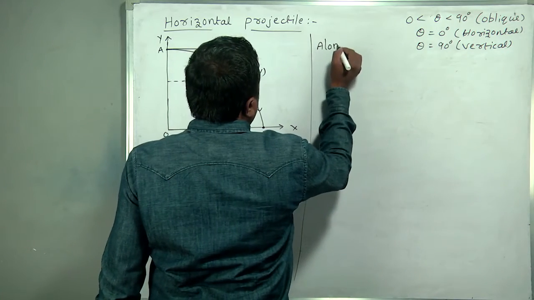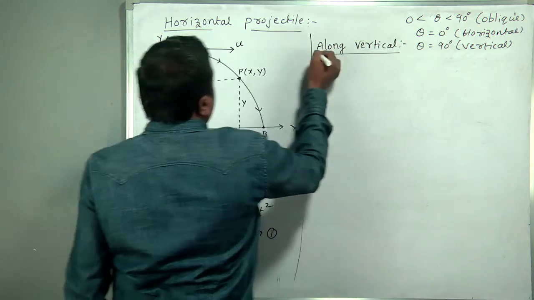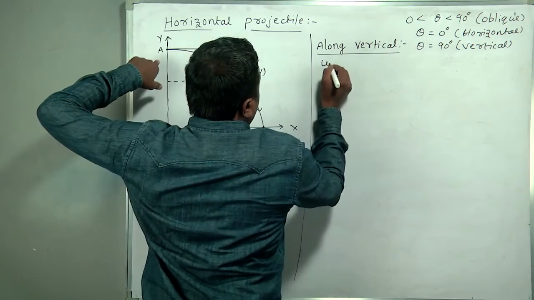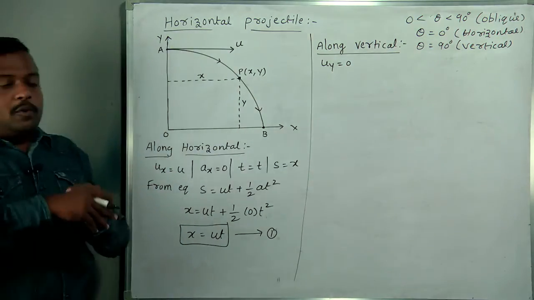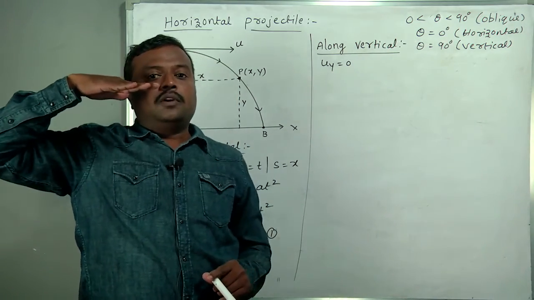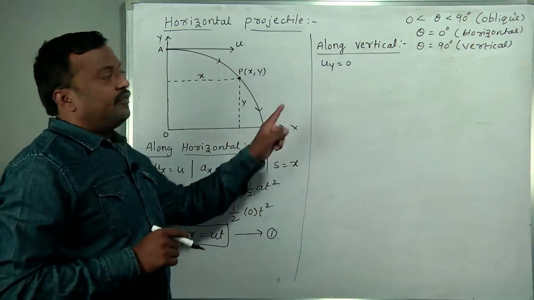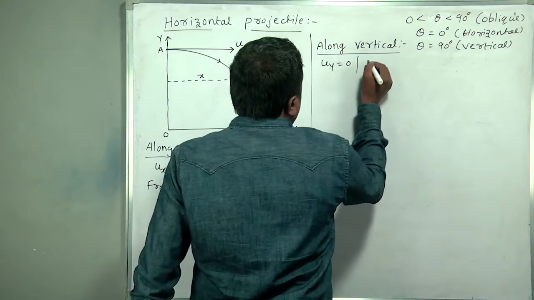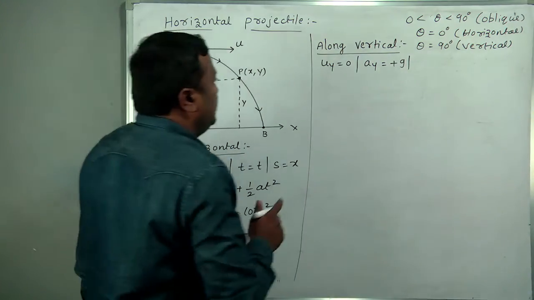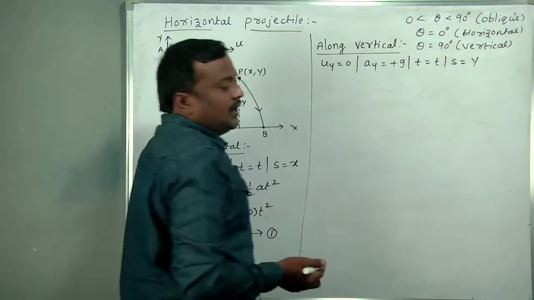Similarly, along the vertical I am deriving, that is, with respect to the y-axis. It seems to be like a freely falling body, because we projected it like this. At its initial position, velocity lies only along the horizontal. Along the vertical, it seems to be like a freely falling body, and its acceleration, falling downward, we will take as plus g. And its displacement after time t, consider it as y, because along the vertical.